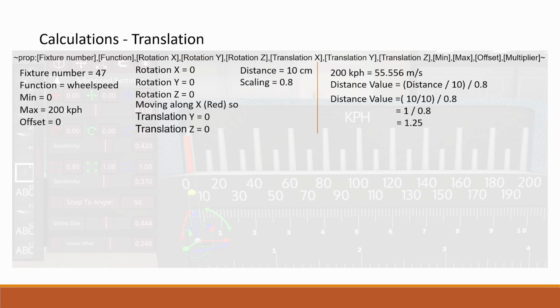The wheel speed function needs to have all values in meters per second. This means that our 200 kilometers per hour will have to be converted into meters per second, which is 55.556 meters per second. If we were working with miles per hour, we would also have to convert it to meters per second. Next, we will have to change our distance value to accommodate the different coordinate systems between Automation and